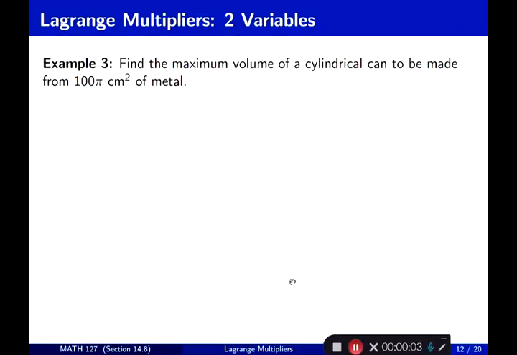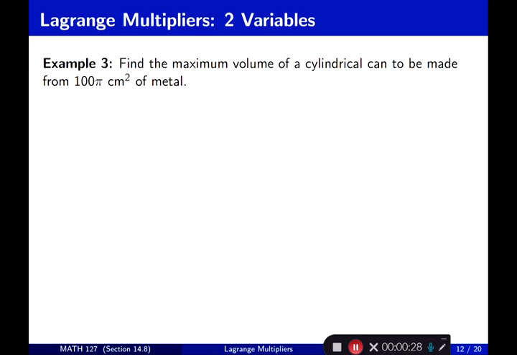We're continuing with section 14.8, Lagrange multipliers with two variables, example 3. Find the maximum volume of a cylindrical can to be made from 100 pi centimeter squared of metal. So what is the constraint here? The constraint is that 100 pi